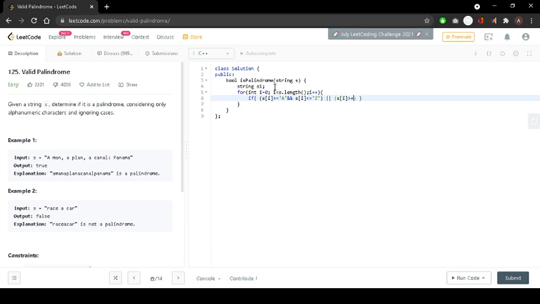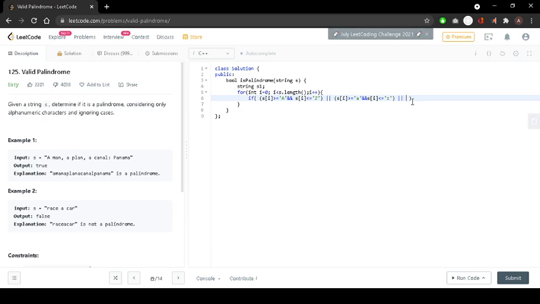So s[i] should be greater than or equal to small a, and s[i] should be less than or equal to small z. So here we have checked whether it is a small character. There will be only one possibility: the given character is either small or it is in caps. So these two conditions have been checked for being a character, and now comes the digit.